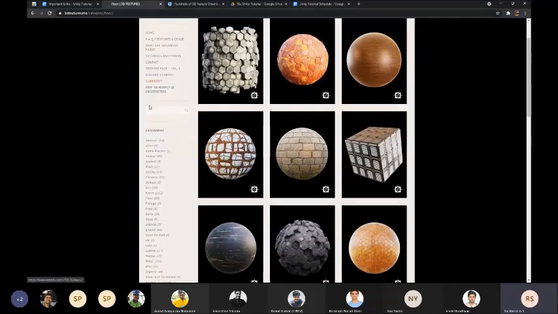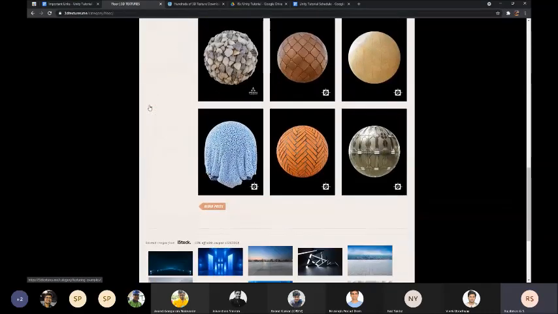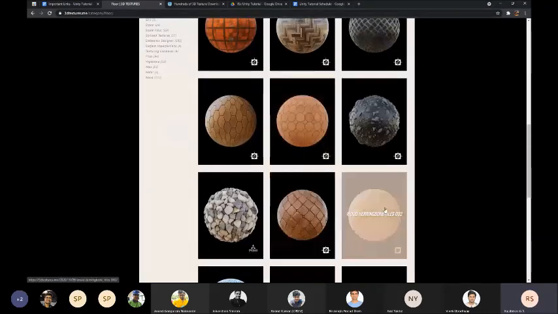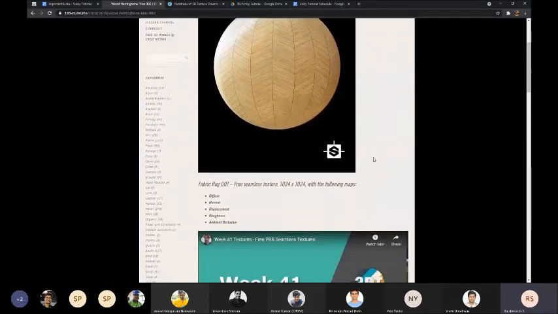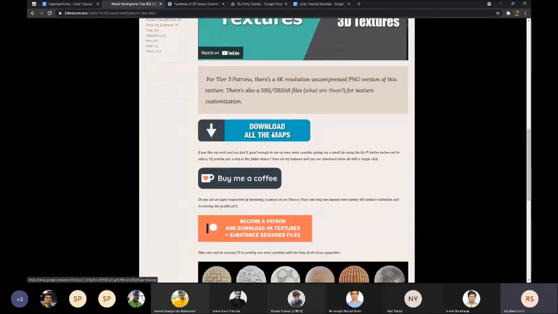So you can see various kinds of floors over there. I'll just select a nice wooden floor, something like this. Once you select a floor, you come down and click on download all the maps. I've already downloaded it, so I won't be downloading it now. If you click on download all the maps, you'll basically download 5 to 6 PNG images, and you import